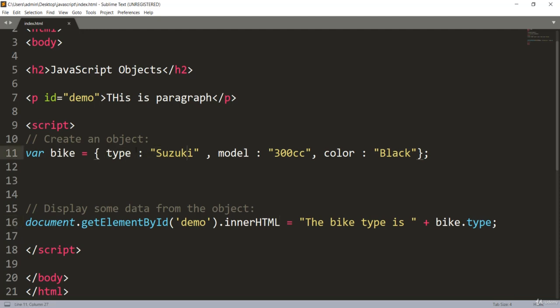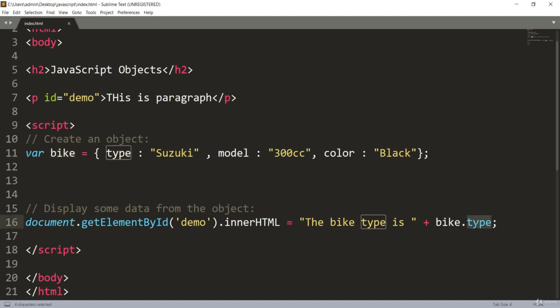We assigned the attribute to this bike, and we changed it here with the help of DOM manipulation, and we made use of this paragraph as the text, which is the string over here, saying the bike type is, and we accessed the object attribute with this dot operator.